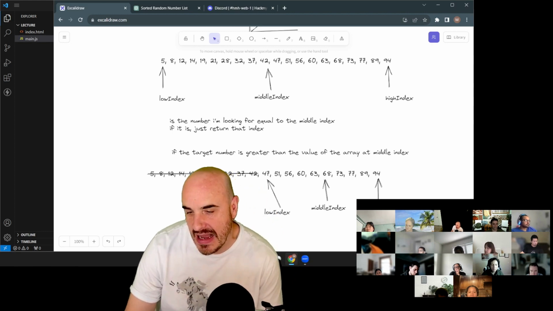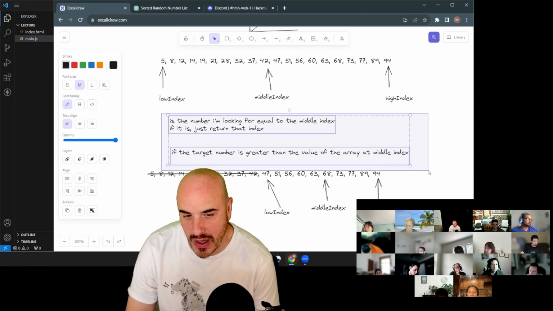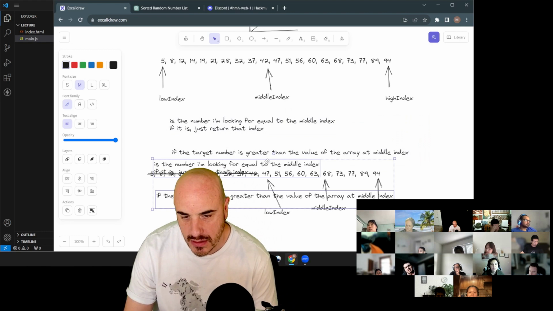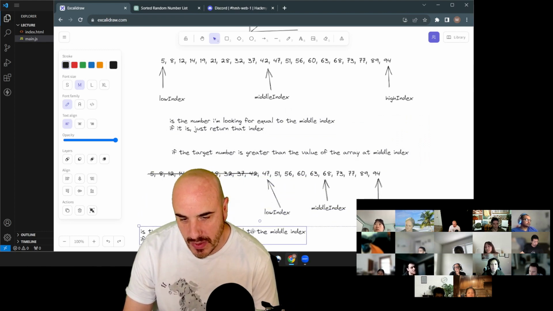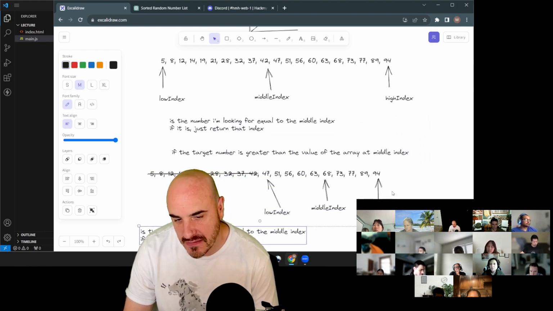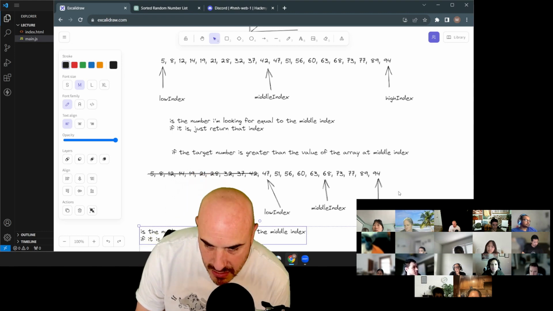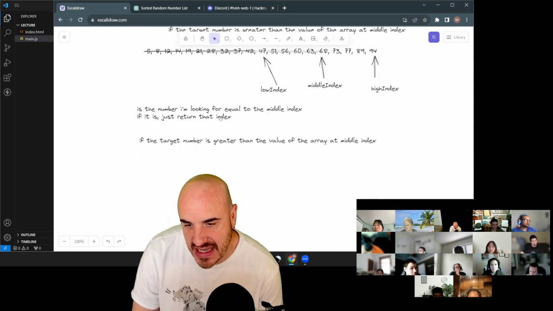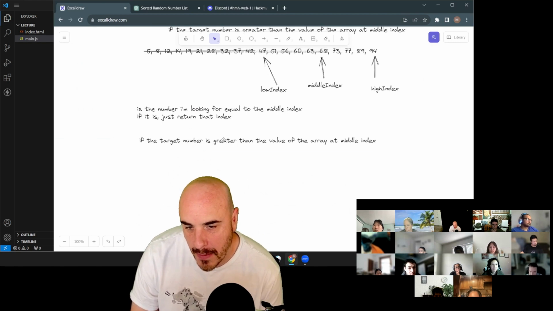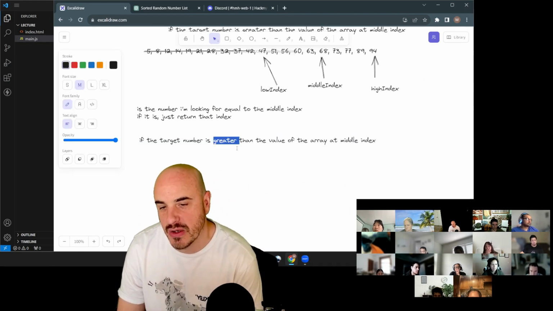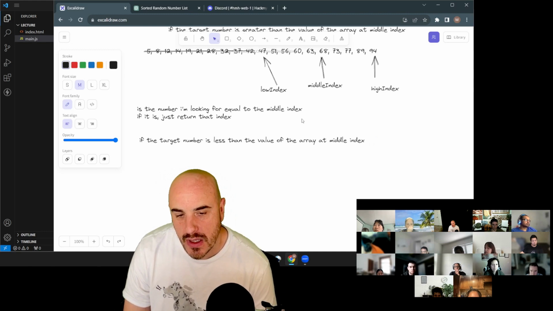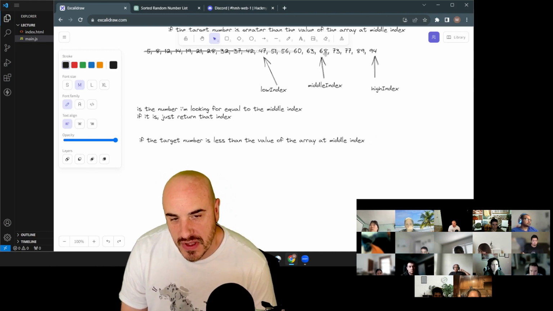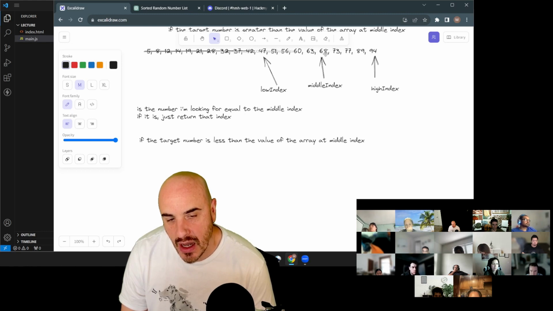Then we have to ask ourselves the same question. So is my number that I'm looking for 68? And if it is, we return that index. If it's not, let's do the situation where it's less than. So the value of the array at the middle index,